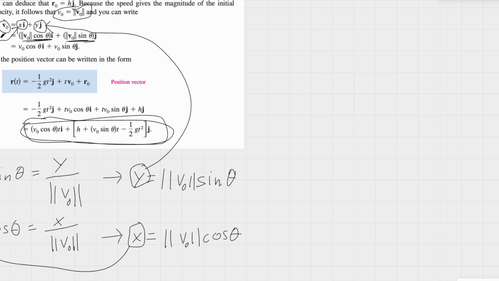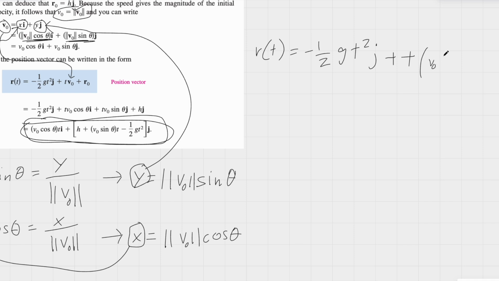So we can actually plug v naught into this position vector. So we will get r of t is equal to negative 1/2 gt squared j plus t, and then in here it would be